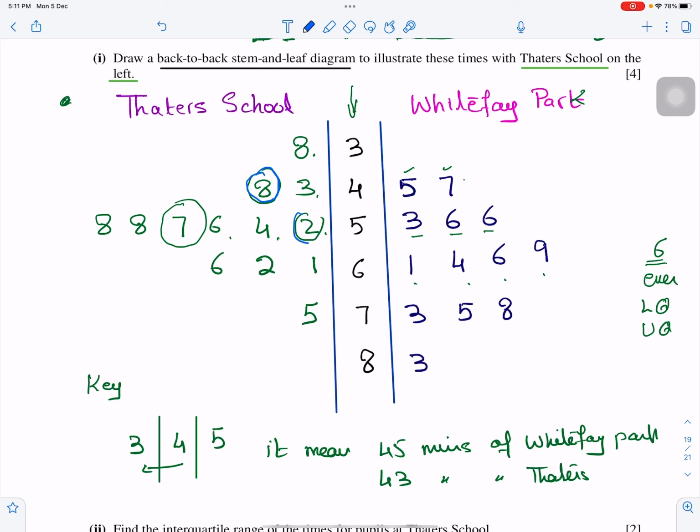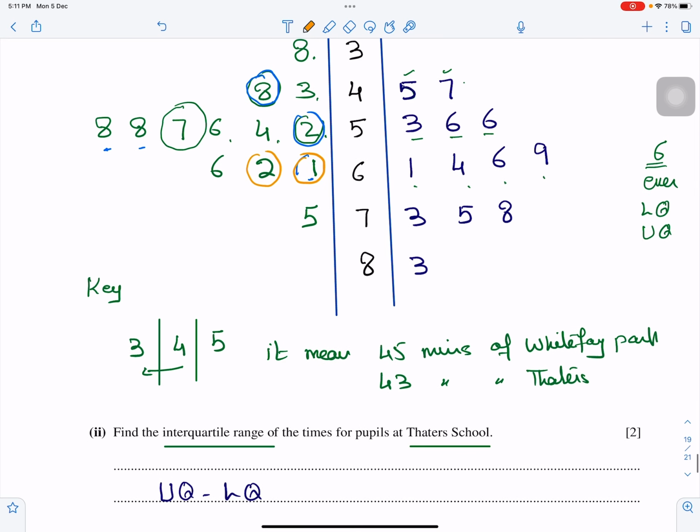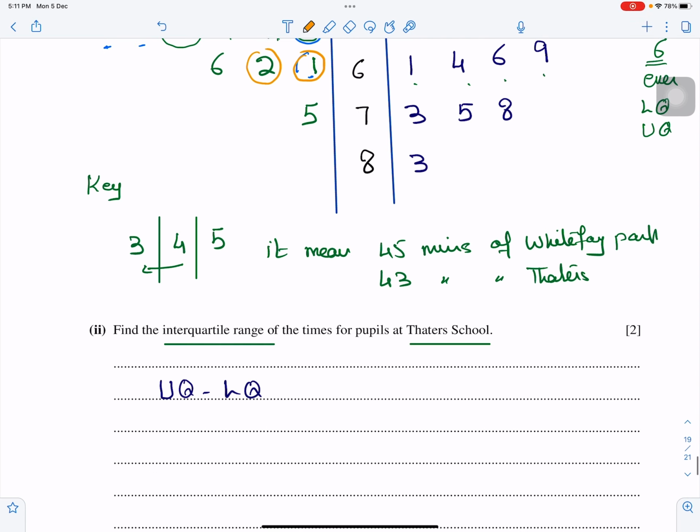48 and 52. This is the lower quartile. And for the upper quartile, again at the third place and fourth place, 1, 2, 3. So it is 61. Let me change the color here. So it is 61 and 62, right? So let me find out the lower quartile first. 48 and 52. So lower quartile,